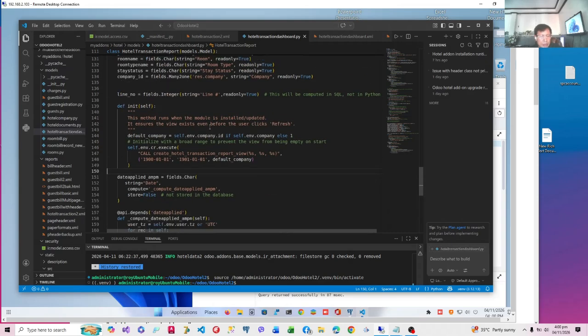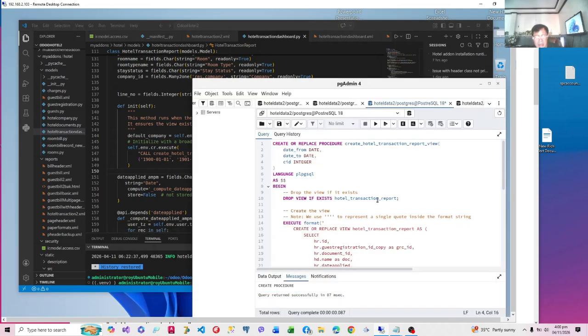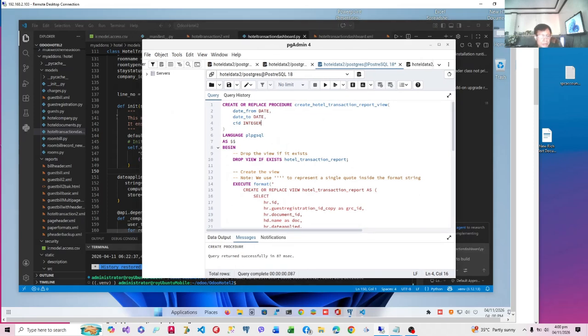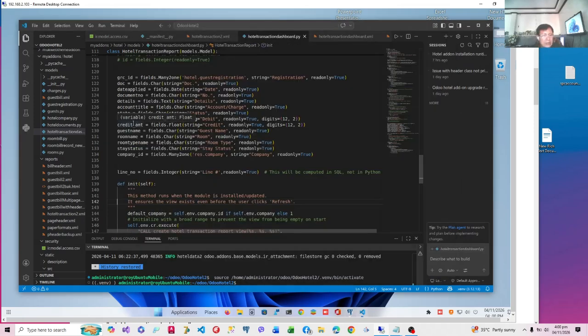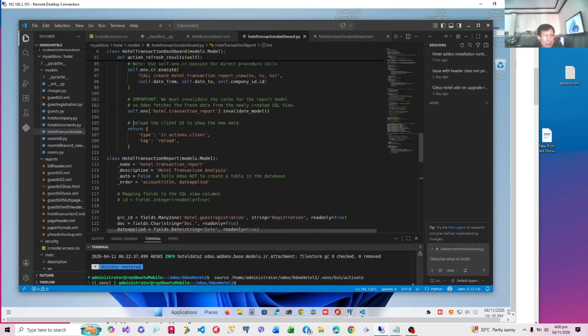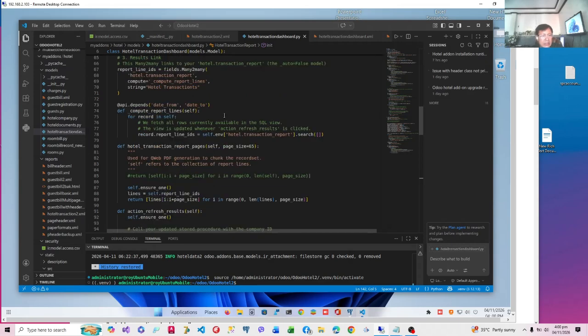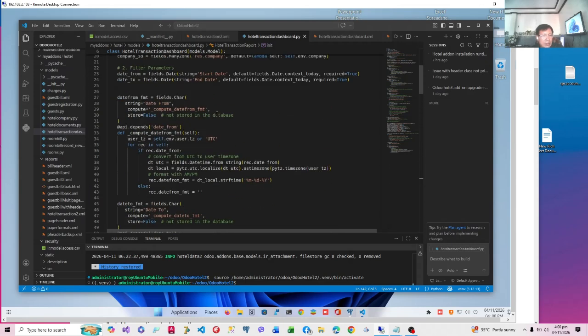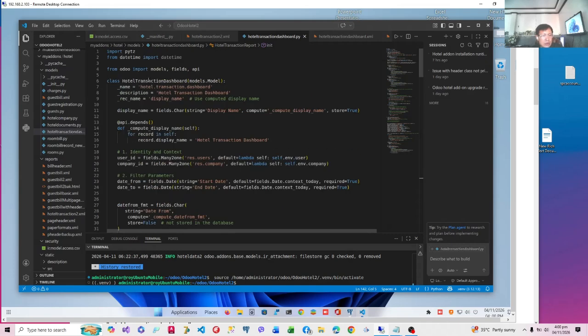This model is the one that calls the stored procedure with a corresponding select statement that is used to generate the report rows. Now, let us create another model that will be used by the user to enter the needed parameters to the report. We call this the hotel transaction dashboard model. Why is that?